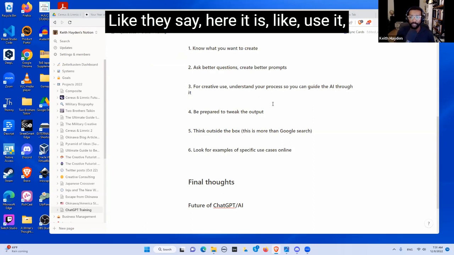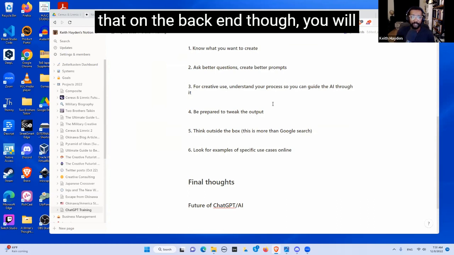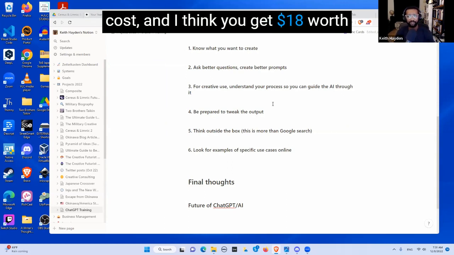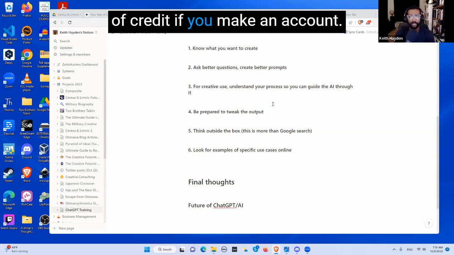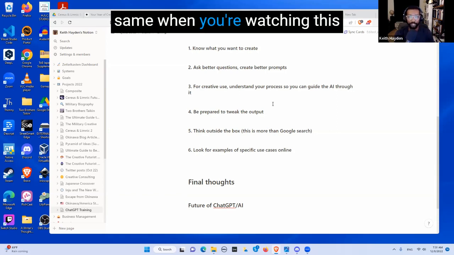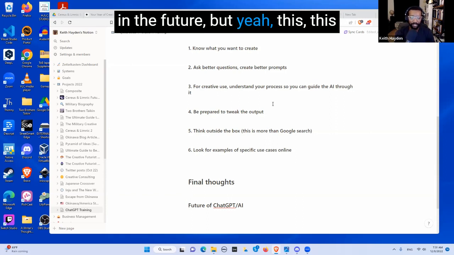Like they say, here it is, use it. You will have to pay for that on the back end though. You will have to pay for the computation costs. And I think you get $18 worth of credit if you make an account now, as of December 2022. I don't know if that's going to be the same when you're watching this in the future, but yeah, this